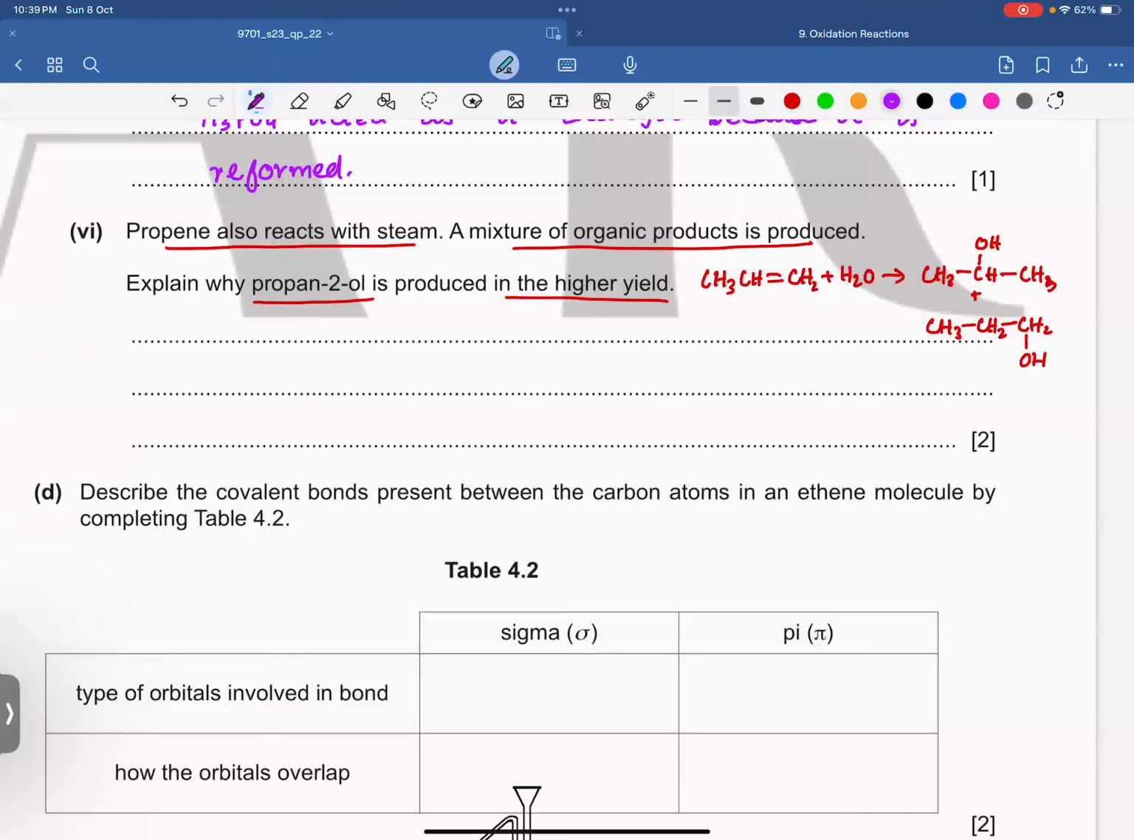So the reason is that, if you recall, it is due to the intermediate. In both the cases, the intermediate carbocation is formed. So we will write that the intermediate carbocation for propan-2-ol is secondary,